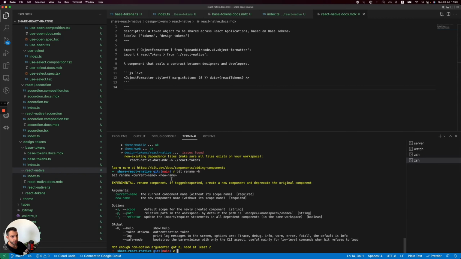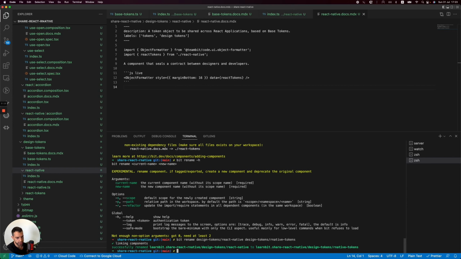Okay, so we can rename, let's do it, bit rename design tokens slash React Native to design tokens slash React Native tokens. Okay, so this is going to change the ID. Now let's update